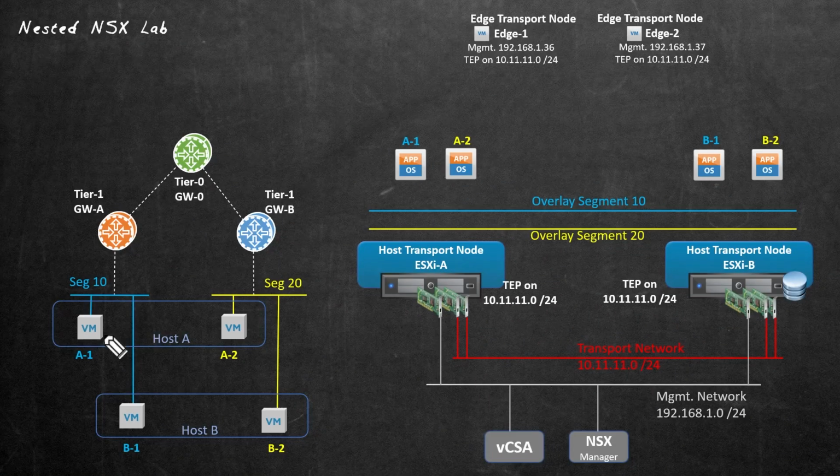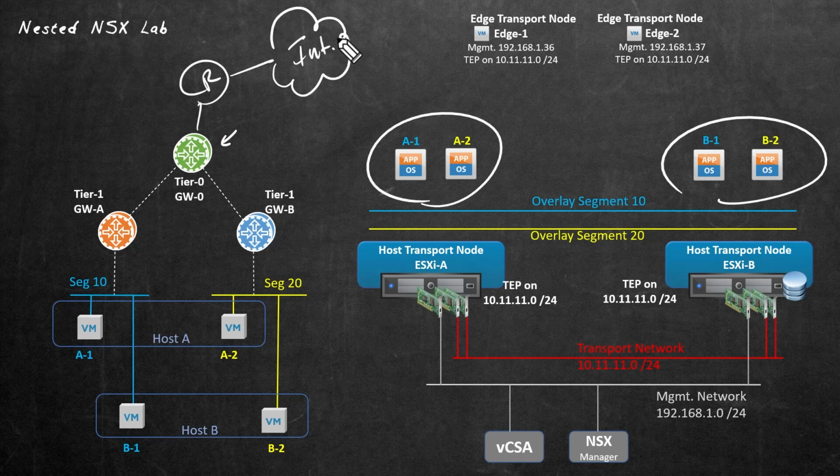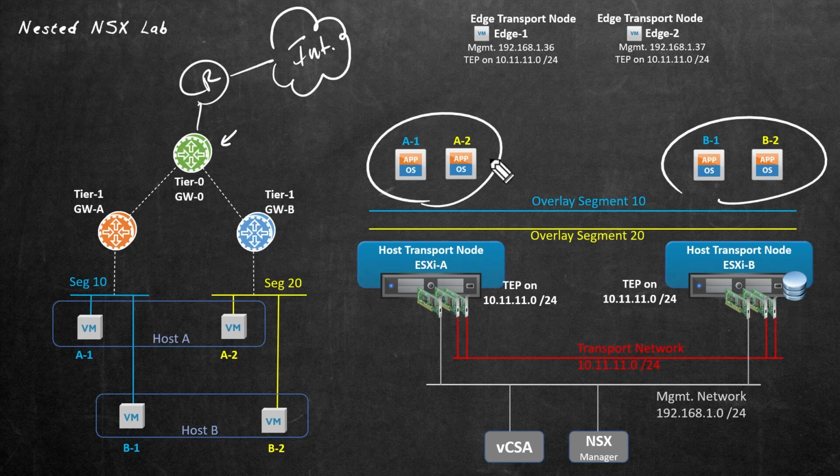So now that we have connectivity inside our NSX virtualized environment, and we're now using 2 Tier 1 gateways and 1 Tier 0 gateway, what if we wanted these VMs, these guys right here, to have access to devices outside of the NSX networked environment? For example, maybe we have a router right here, a physical router or an external router that has connectivity to the internet. How do we glue those networks together or provide routing capabilities between our NSX environment and the outside world? Well, that, my friend, is exactly what you and I get to address in our nested lab environment in